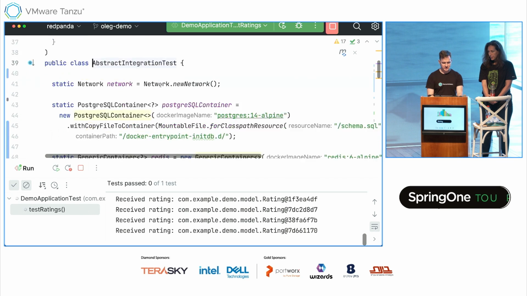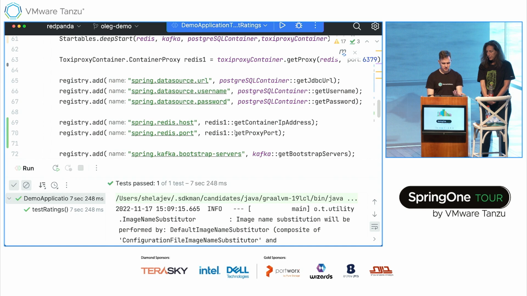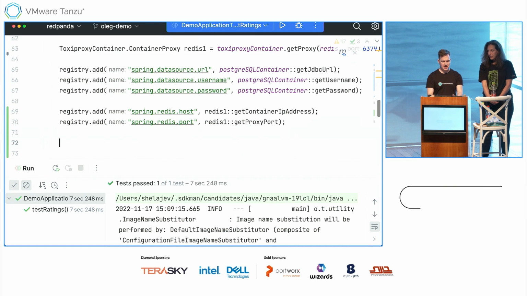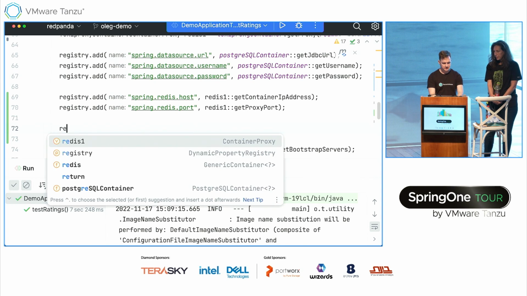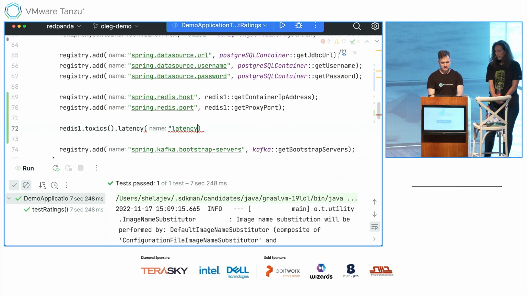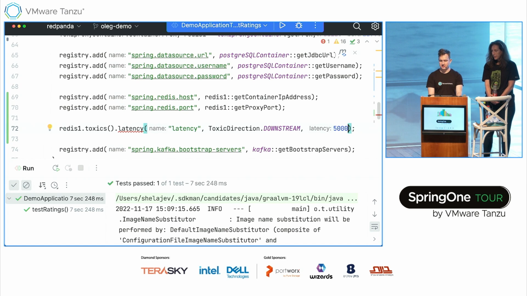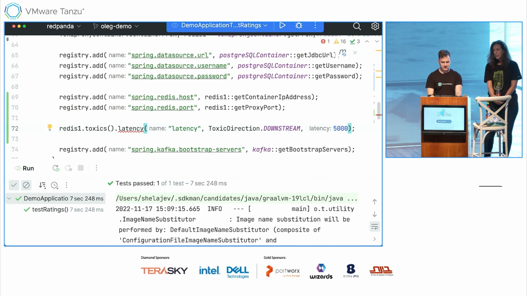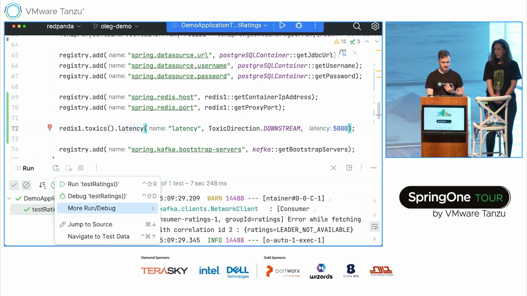So now what we're going to do with our proxy: here we configure our registry to go through the proxy, and what we can do is say Redis 1, toxics, latency. We can say in the downstream direction, please have 5 seconds latency at every interaction. So now, if I run this test again,